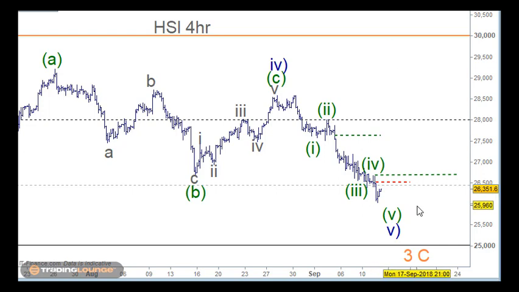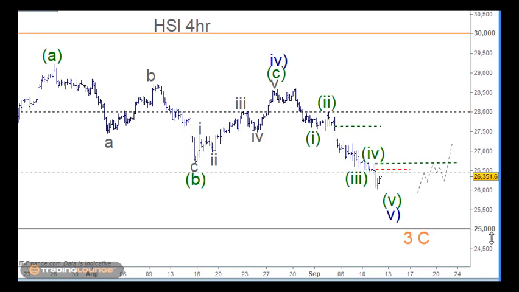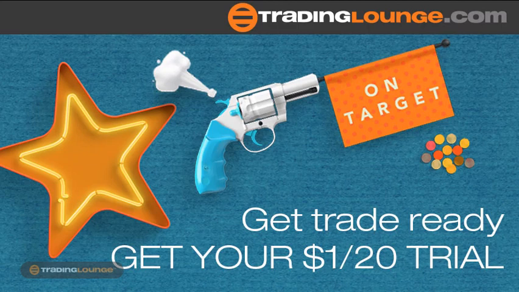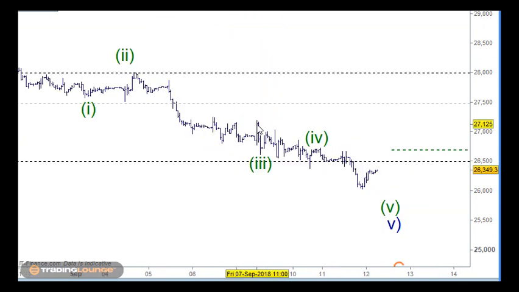But once again, we'd need to see a little setup here. We'd need to see the arrival coming, retesting back here, reacting first high above the level, then a little ABC correction, then up. So we won't put this green line in until we've got that first high above the level. Otherwise, 25,000 is a medium level, and I expect the market to be pulled down into that space. I've gone over the third wave here, so that's quite comfortable. The fourth wave in here is very complicated and looks like a little triangle pattern within this space here.